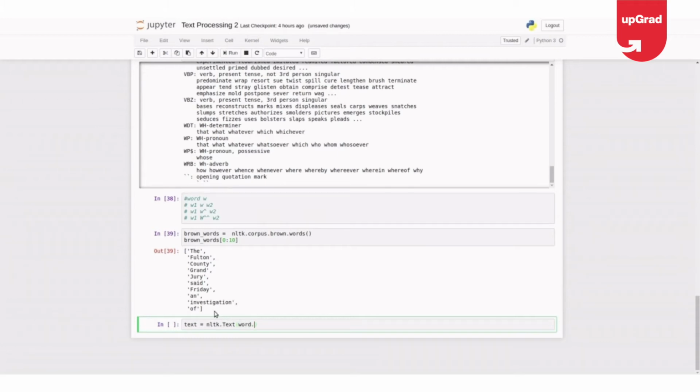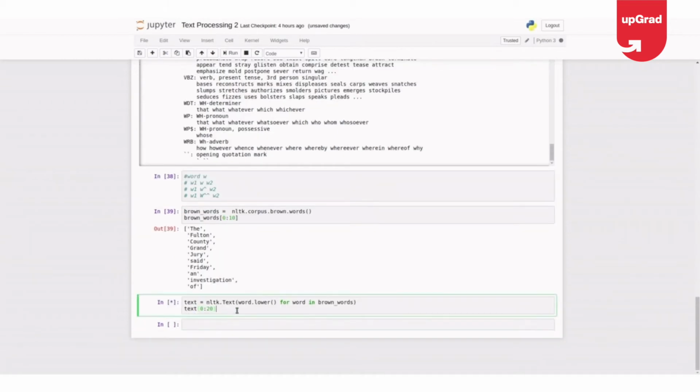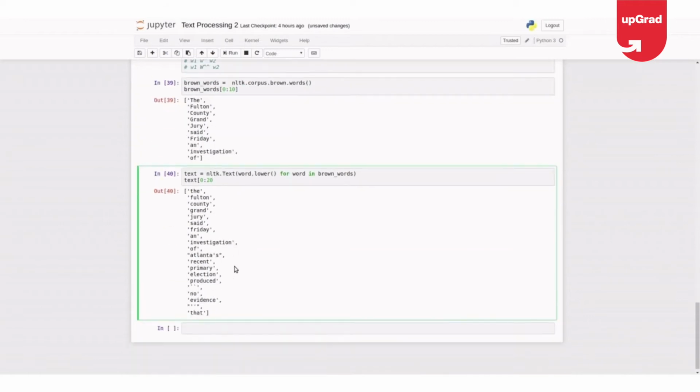So word.lower() for word in brown words. Okay, text of 0 to 20, suppose. So it's all lowercase and you got a text in this format.